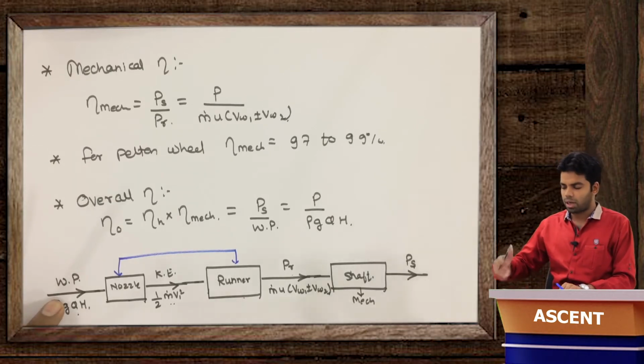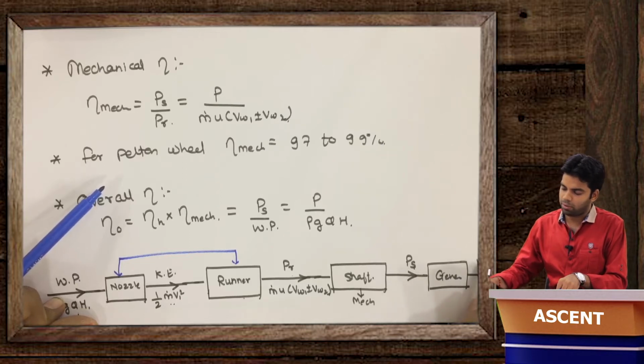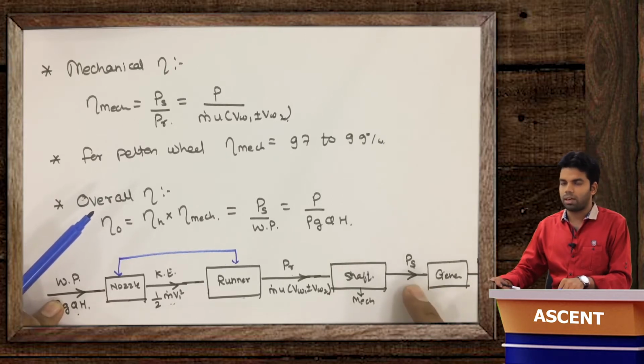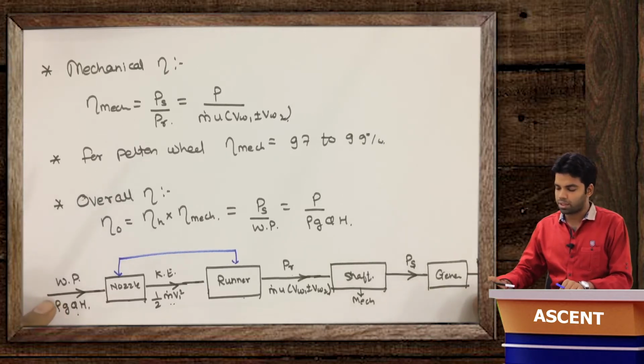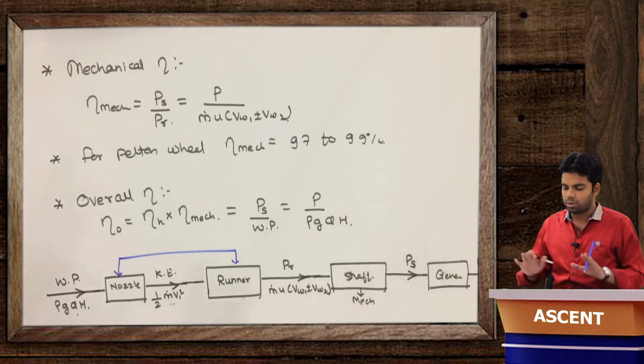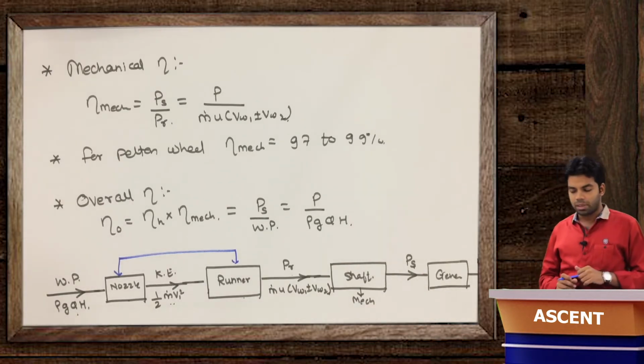Now further, if this shaft power is getting to the generator, we can have further generator efficiency also, but that is not our concern. And finally we will get the total power in kilowatt. So this generator efficiency will be equal to power in kilowatt divided by the shaft power, and this overall efficiency will be equal to the power in kilowatt divided by the water power. Getting this? So just remember this figure, and with this figure it will be very clear, and you will never forget the concept of efficiency. Getting this now? Okay, so this is all about the Pelton-Wheel turbine.